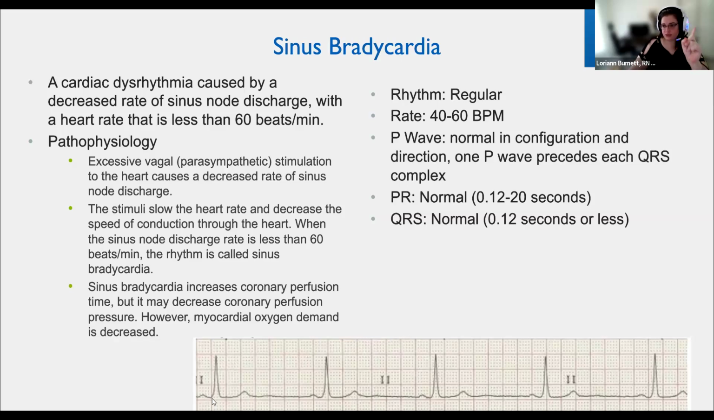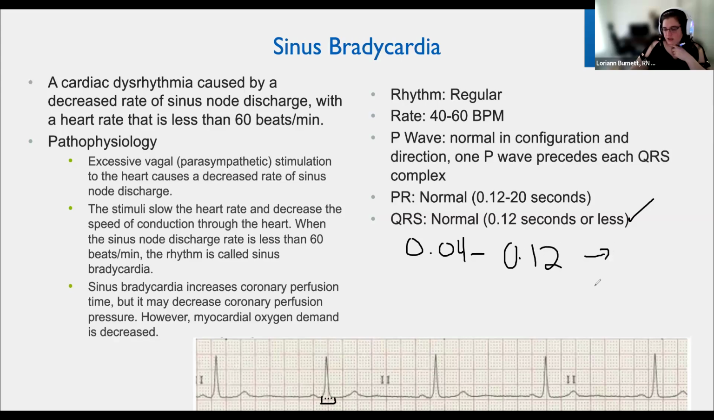Next question, question 3, is there one P wave with one QRS? Every P wave has a QRS, every QRS has a P wave. And then the last one is, is the QRS less than 0.12 seconds? If we count, we have 1, 2, 3 boxes, which is exactly 0.12 seconds. So that is normal. If the QRS is wider than 0.12, because again, we said it was 0.04 to 0.12,